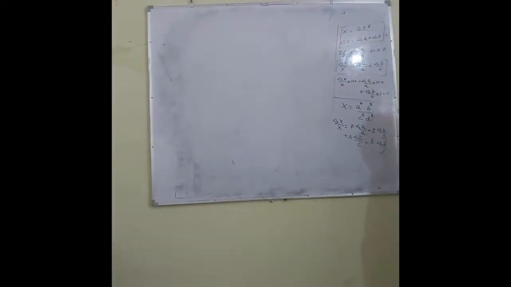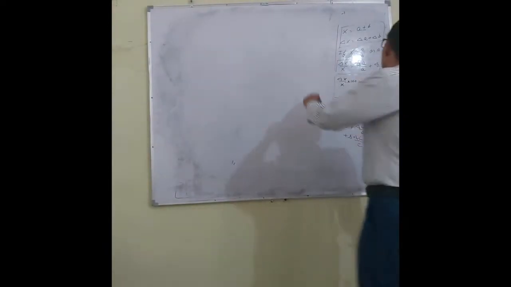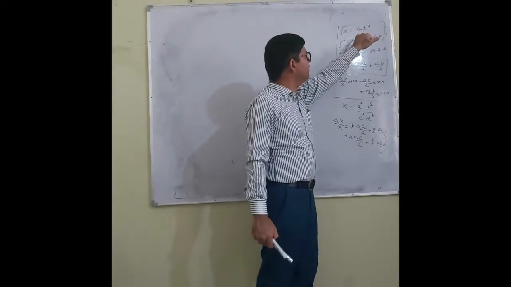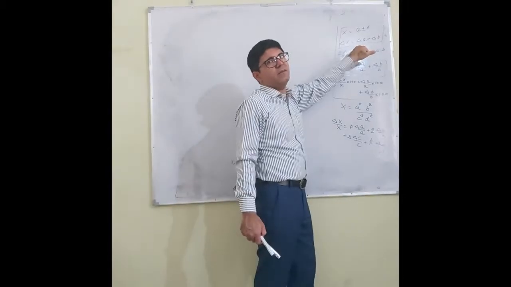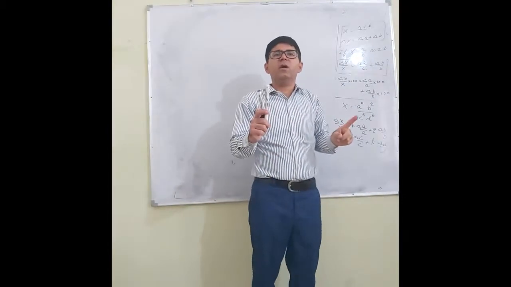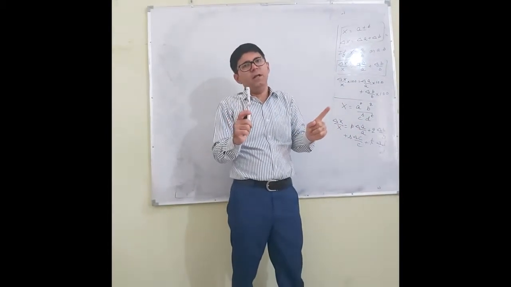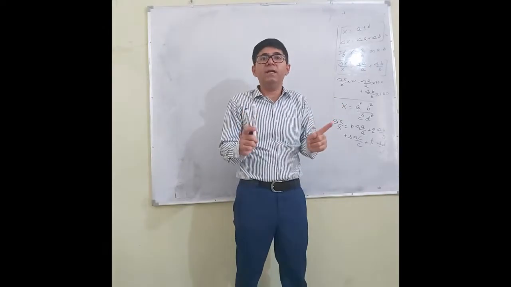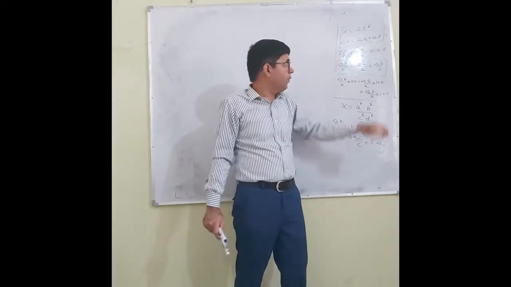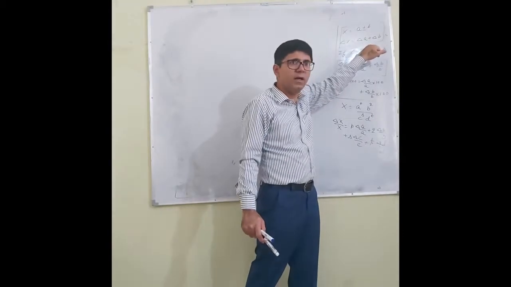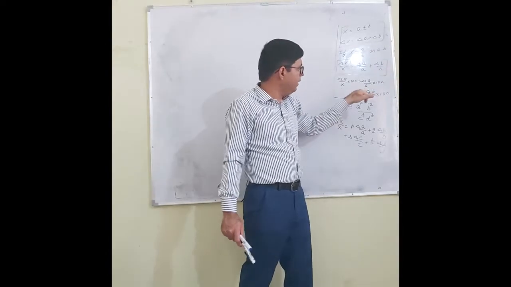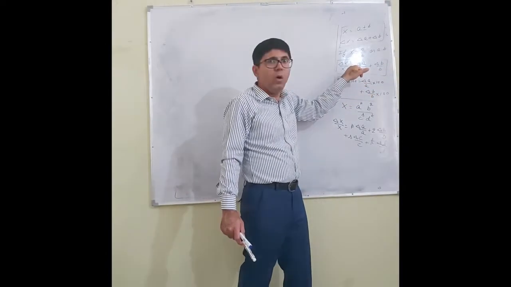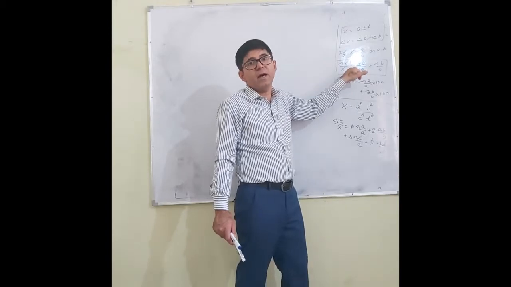The formulas which will be used are: if two physical quantities are added or subtracted, their absolute errors are added, and if two physical quantities are multiplied or divided, their relative or percentage errors are added. For addition and subtraction, there is addition of absolute error. For multiplication or division, percentage or relative errors are added.